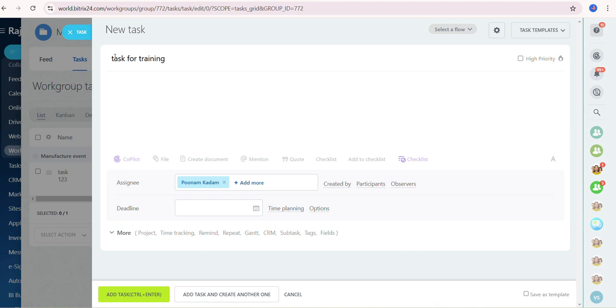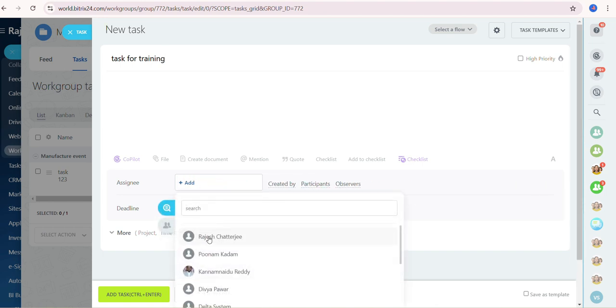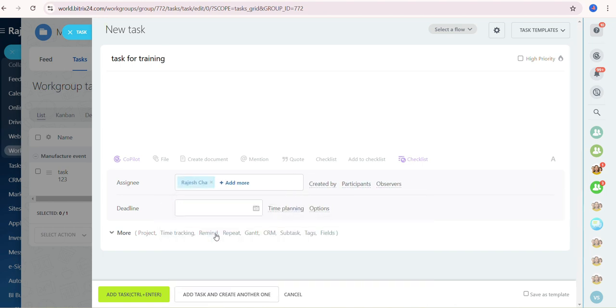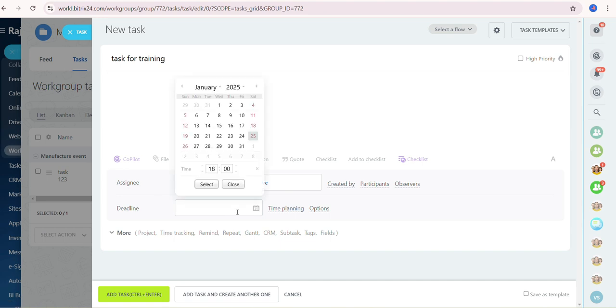Also, you can add the description related to that task and the person you are assigning it to. So here you can set the assignee for this particular task. Let's say you are creating a task for your team to review the presentation. You can assign it to specific team members, and set a due date, that is a deadline. I'm setting the deadline about 31st Jan,